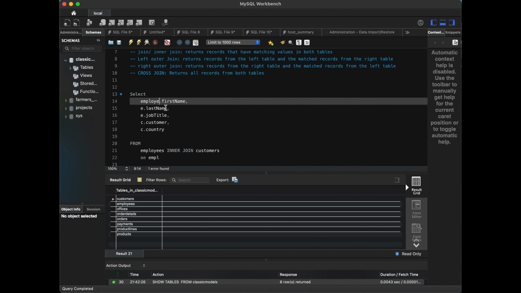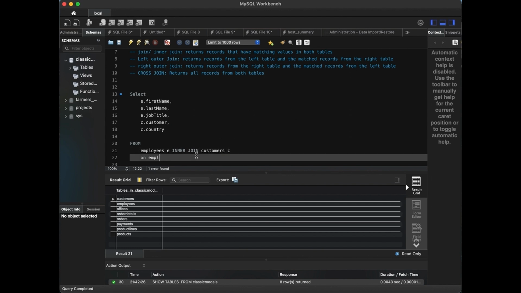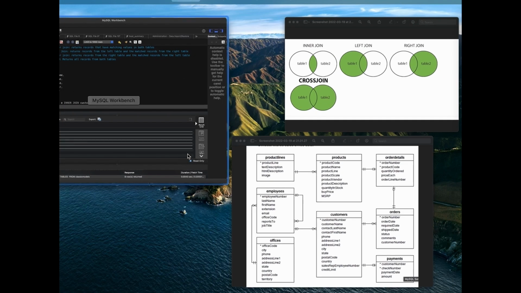But I want to use a symbol instead, so I just put an alias here. After employees, I put an E, so I'm telling SQL that the employees alias is E, and I put a C here, so the customers alias is C. So I'm saying from employees E inner join customers C on